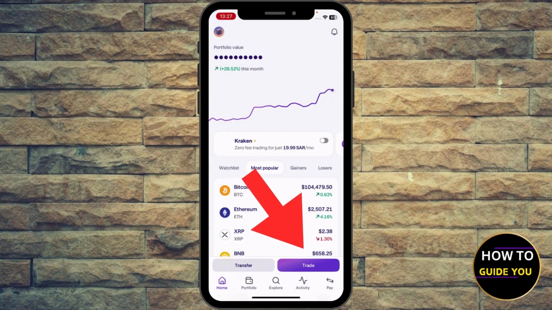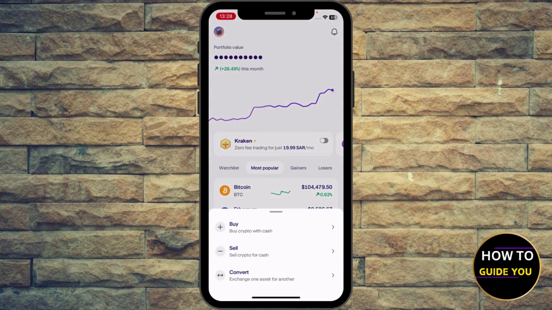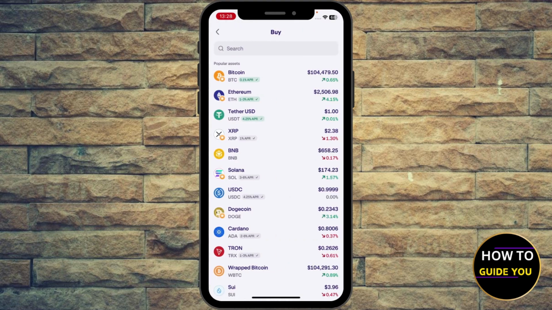And basically on your screen, you're gonna see trade at the bottom right. Hit trade at the bottom right, and you're gonna see buy or sell with cash, right? So you're gonna use your own bank account in order to buy or sell crypto, right? With your own money. So I'm gonna hit buy right here and select the crypto, let's say Ethereum,